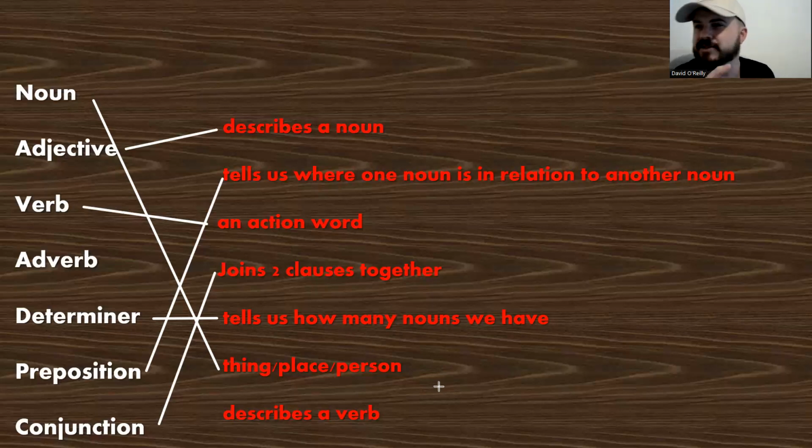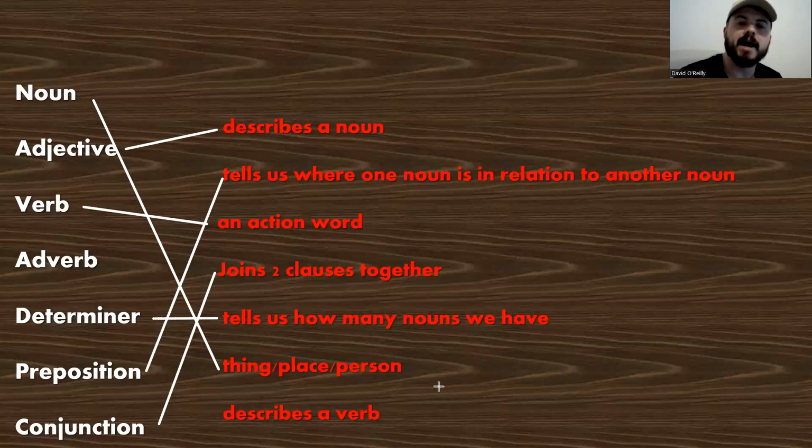But also we have nouns that we can't see, such as air. We can't really see air, can we? But it's still a noun because it's a thing. But also, what about places? We've got London, England, the Earth, the United Kingdom, Europe, the USA, China. All of these are places, so these are also nouns.